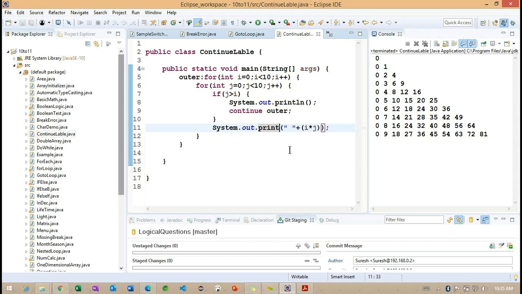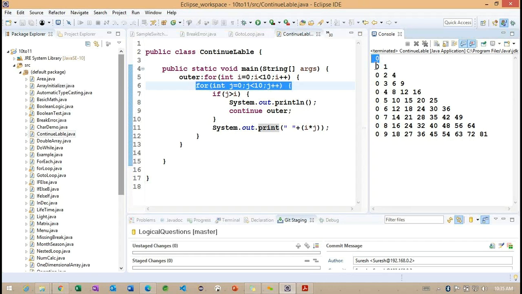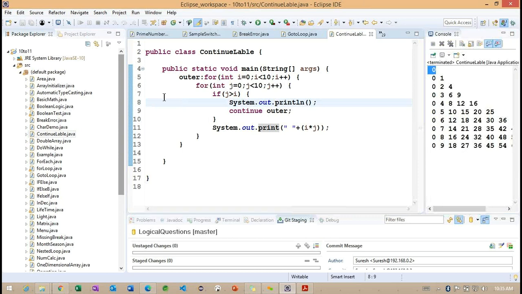Right. But here we are not using any specific conditions. So with the normal basic condition, i value is going to repeat 10 times and for each iteration the j is going to repeat 10 times here. So if j is repeating 10 times, we are not getting the 10 times column values here. Only one value we are getting here. So okay, now you can understand here.